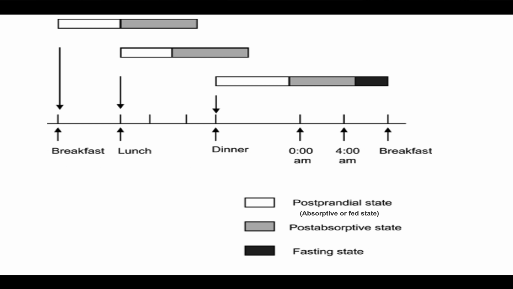Consider that we have taken breakfast at 8 in the morning. For the next 4 hours, what goes on in our body is generally referred to as the absorptive state. If we take lunch at noon, that is 4 hours later, and once you take lunch you get into the absorptive state again for another 4 hours. And then after 4 hours we get into the post absorptive state, which will go on for around 6 hours from that point.